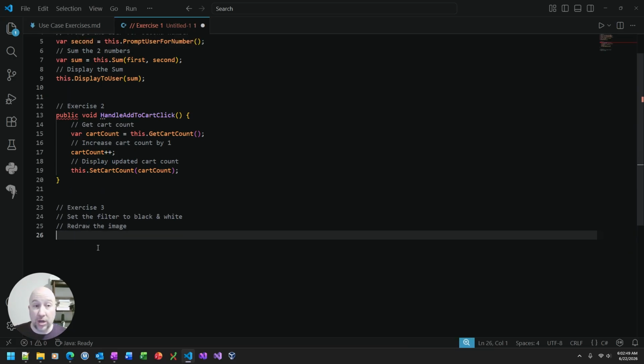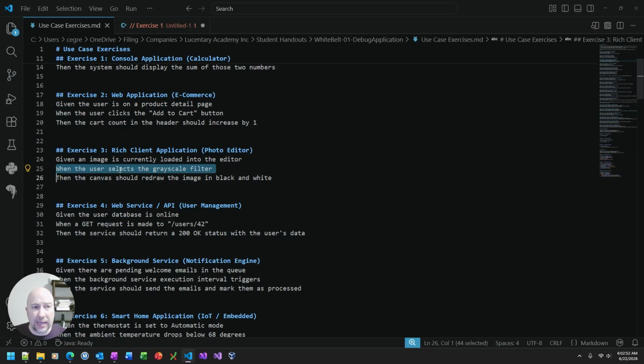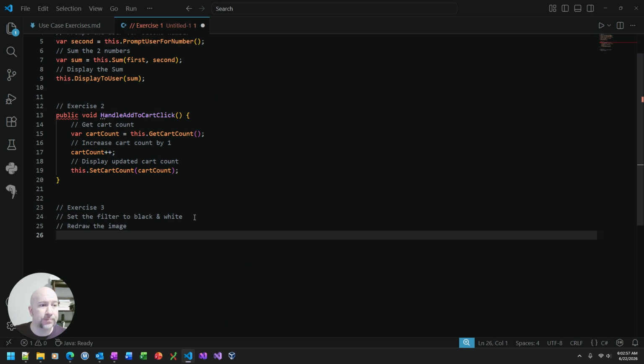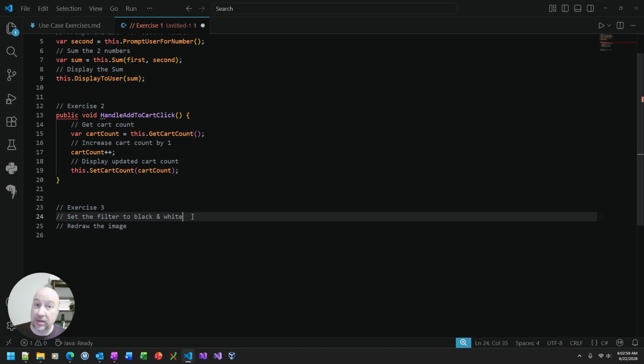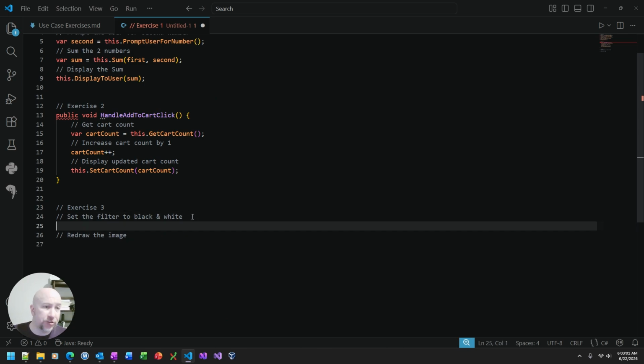All right, so there's our pseudocode. That's basically all we're doing. Again, you could have done something with 25. I'm going to ignore it. We'll just do for 26. Now that we have our pseudocode, let's break this down into actual code. So set the filter to black and white. Let's see, we'll say this dot